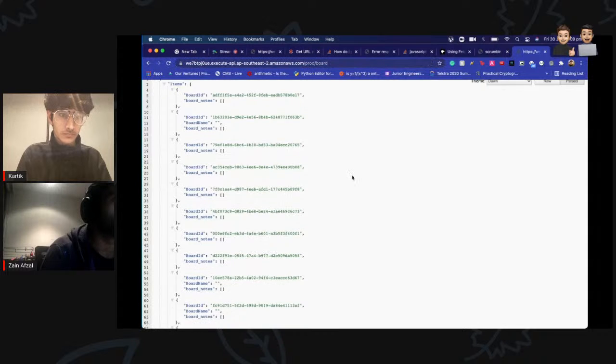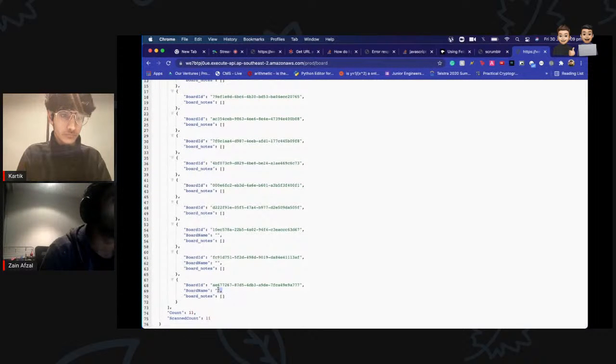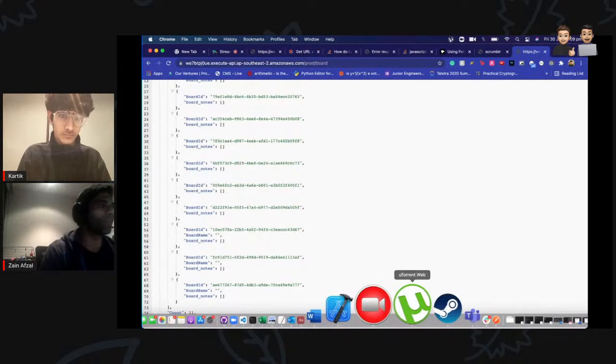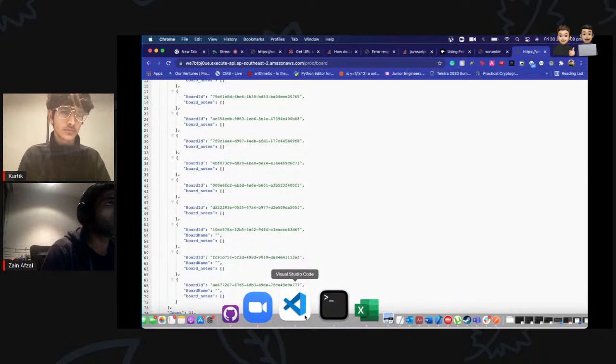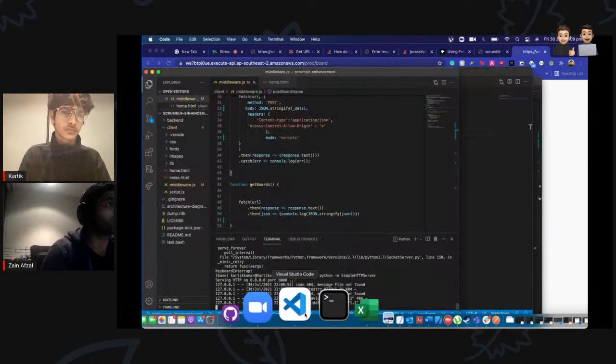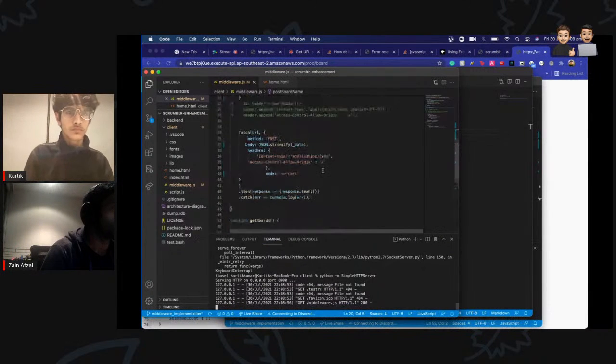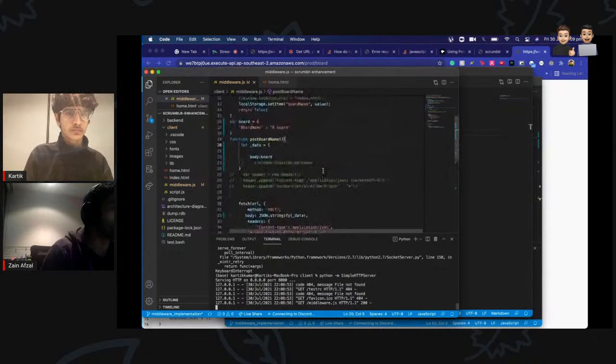Board name is empty string. Why is it coming up as empty string where we haven't even given it an empty string? That's interesting. Board name, board name. Actually, go back to the code.